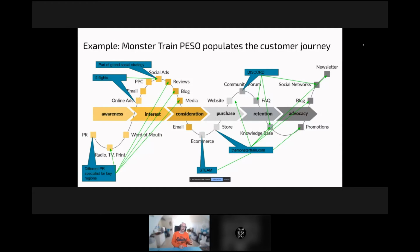So we used an online beta for Monster Train where people could test the game before it came out. We used that with email, with online ads, and with influencers, of course. And we tried to mix those as much as possible because I wanted to get emails in there for people to sign up to the newsletter, because I could have a core audience I communicate with. I could load them up into Facebook and see what kind of lookalike audiences I can get from there. And for post-launch activities like DLC or free updates,